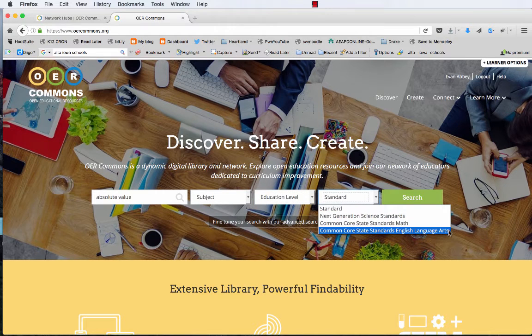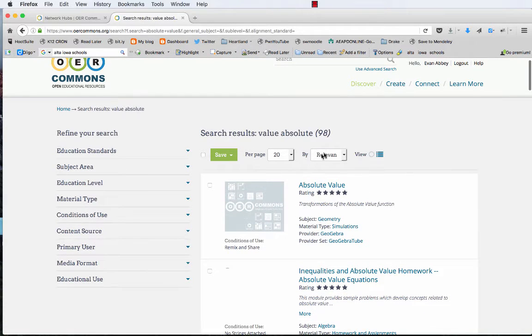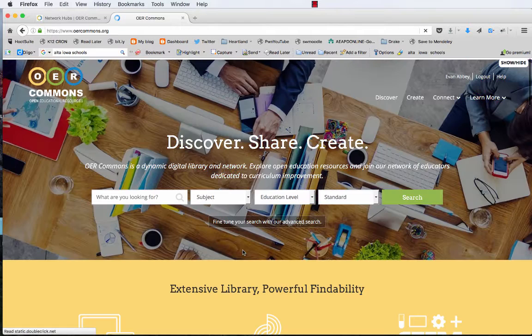This is one of the best features of this system, that it is closely aligned with Common Core, ELA and math, as well as Next Generation Science. Do a search, click search. And it comes up with those items. You see 98 items on that. And each one of these has the conditions of use. It has metadata about it, so what subject, what material type, this is a simulation, where it comes from and such. If you were to click through on it,